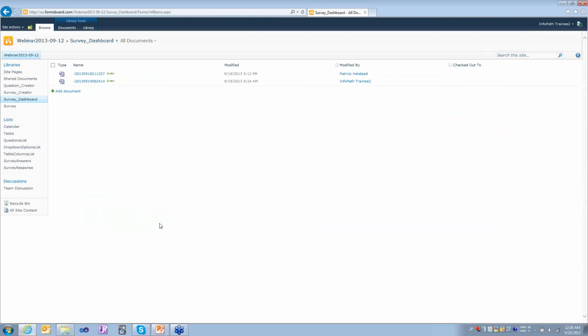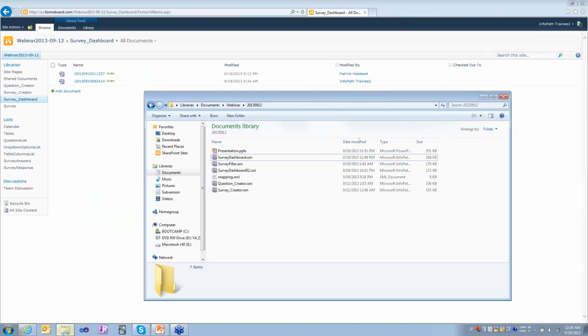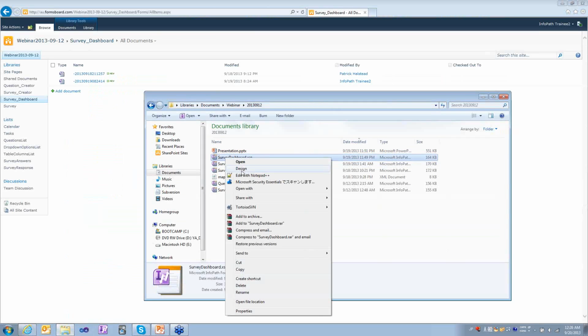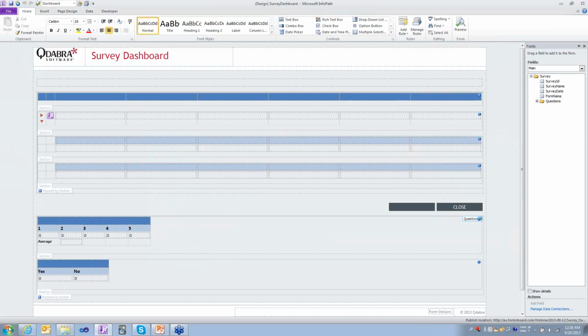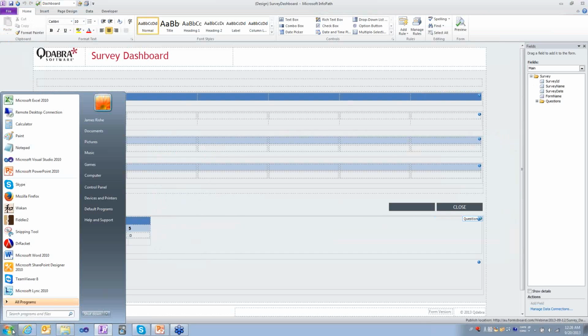Now, some of you might be wondering how we got those column headers and the cell values to populate dynamically. So let's dig into that a little bit. So how does this form work? Well,